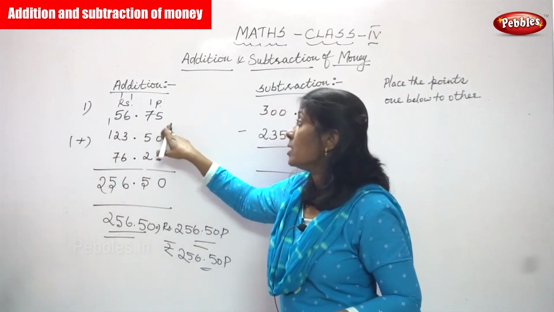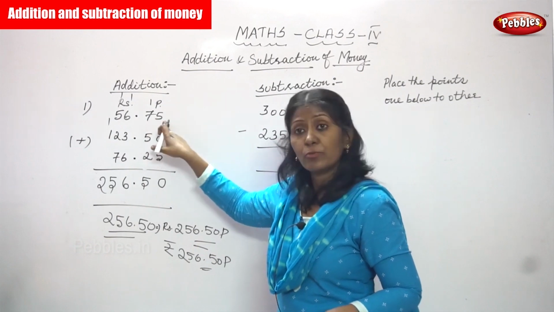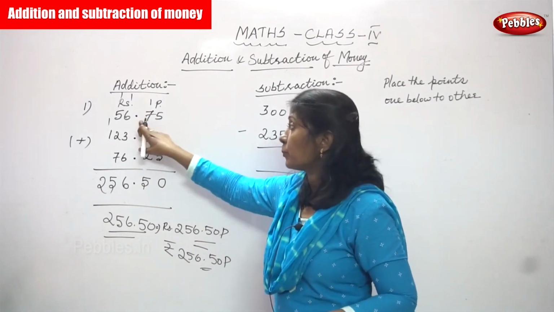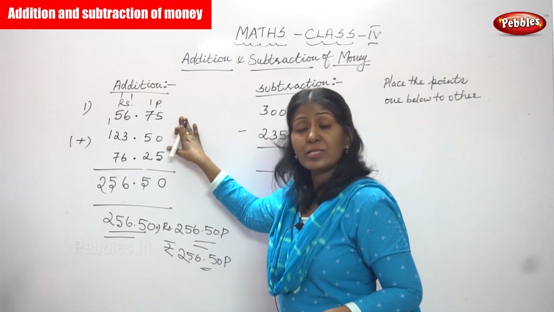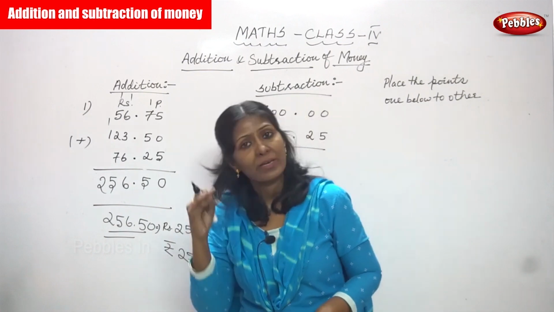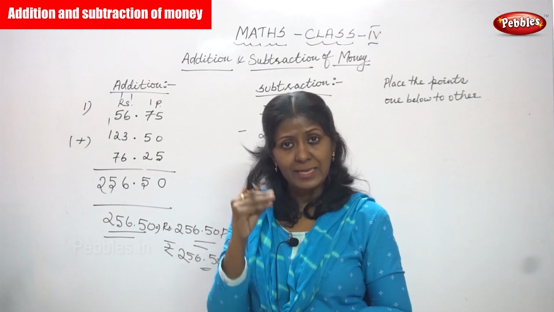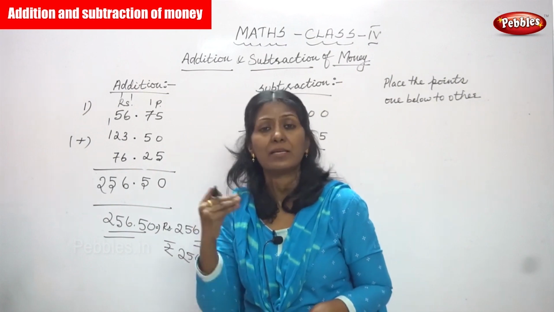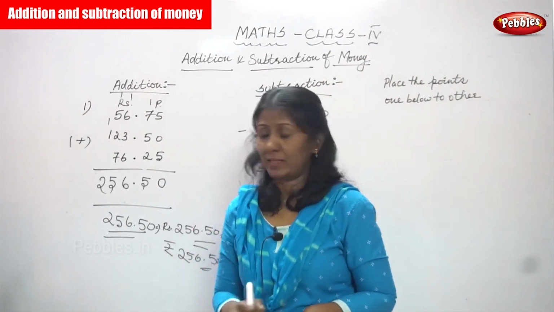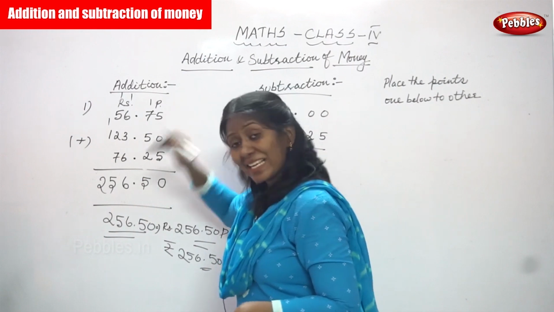This is paise. While you write the paise, you have to put the point, then write the digits after the point. So you must write the points very carefully, one below the other. So 56.75. Next you have to write